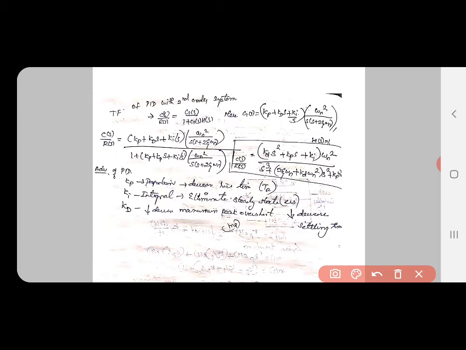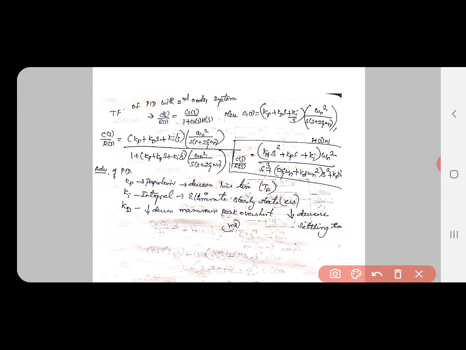These are some of the concepts of the PID controller. What are the things we need to know? First of all, what is the PID controller and its format: for proportional Kp, for integral Ki by s, and for derivative Kd s. We need to know that. Very important is that we need to know the significance, in which we get the advantage, which has more or less advantage, which eliminates offset error, and in which the rise time or settling time will be increasing or decreasing. In the objective questions they will be framing questions related to that, so we need to have some clear concept about it.